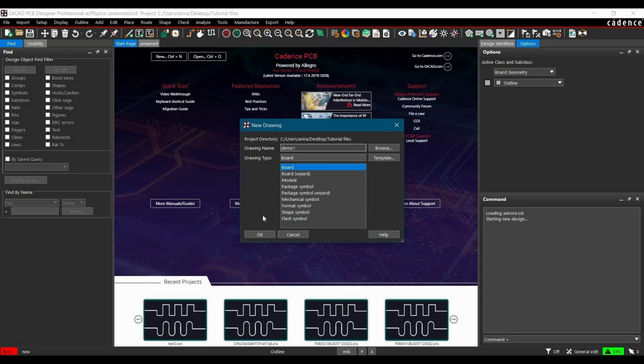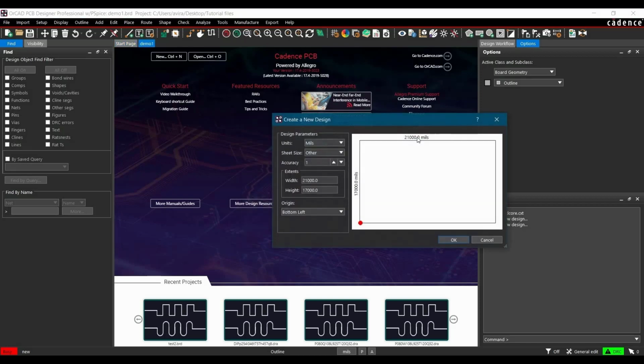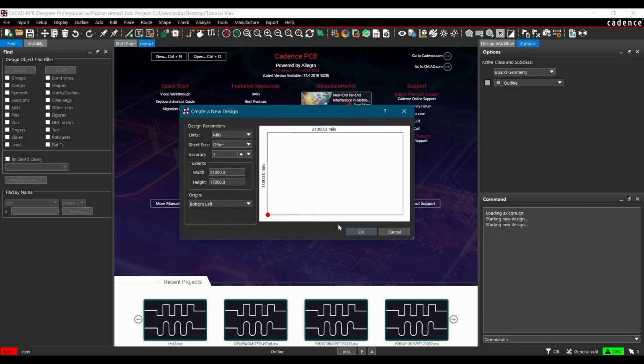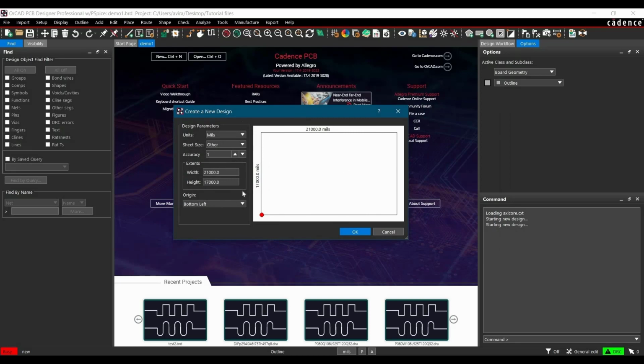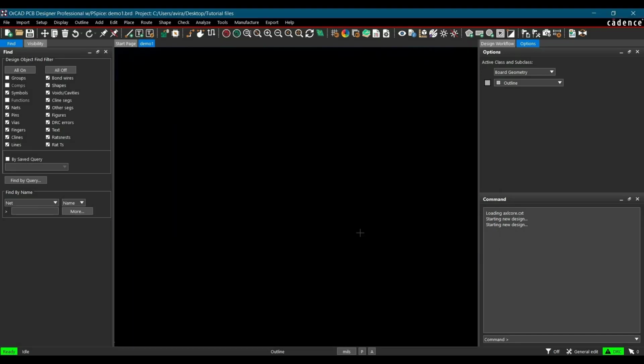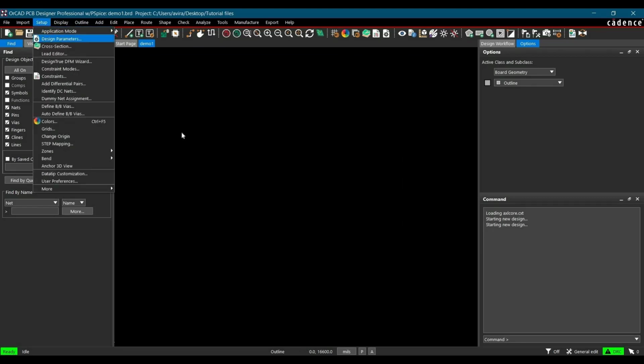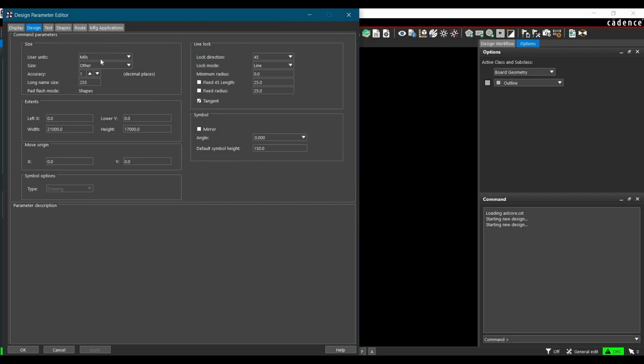Make sure you have selected the board. Press OK. Now here it is asking for the board area. I'll show you how to edit it later. So for now, just leave it default. Now to change the design parameters, what we'll do, we'll go to Setup, Design Parameters, go to Design, and here